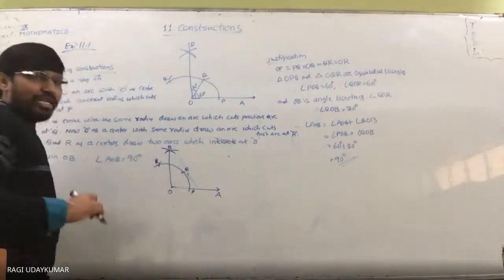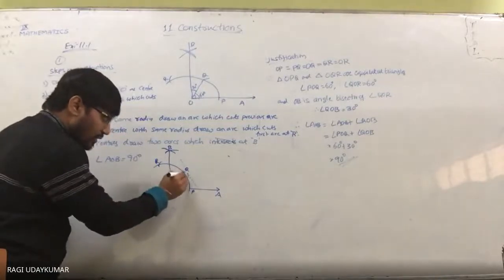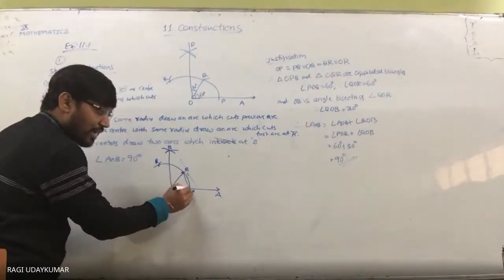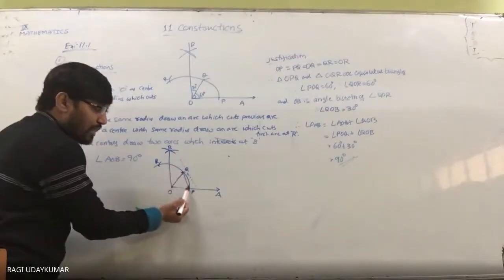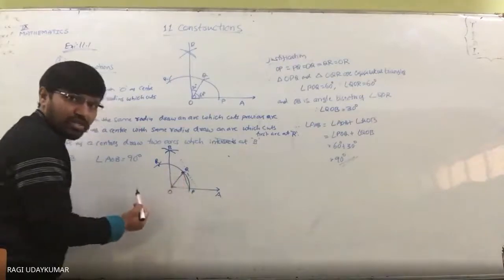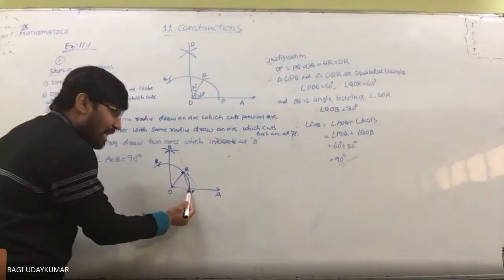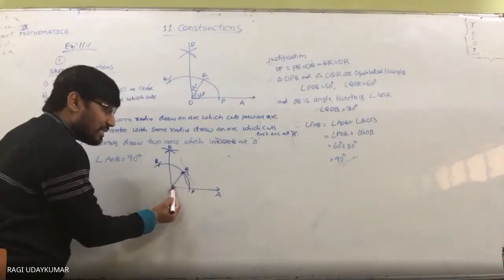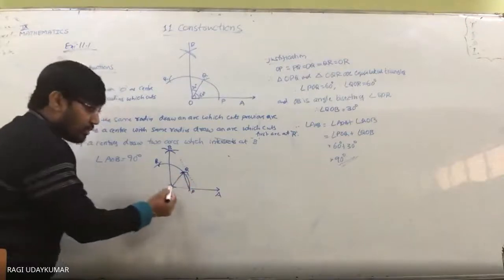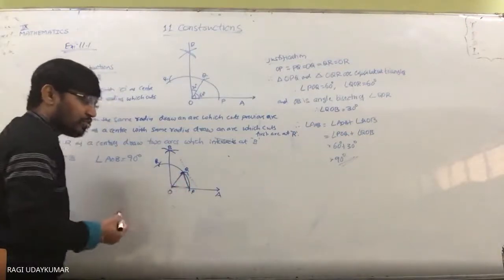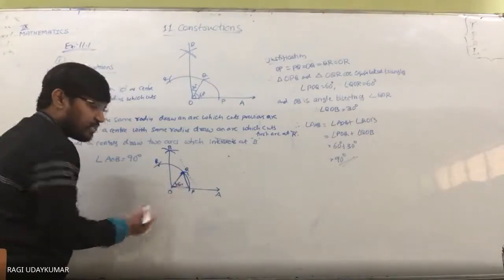Now how it becomes 90 degrees, please? How it becomes 90 degrees? This one you know that, because here to here length कितना है, here to here length also same. See here O to P length कितना है, O to Q length also same. So OP, OQ lengths are same, and हम P as a center with the same radius, इधर से इधर कितना radius है, वो ही radius ले लिया, so this length also equal. So these three lengths are equal. So it is an equilateral triangle. So equilateral triangle is nothing but this is 60 degrees.